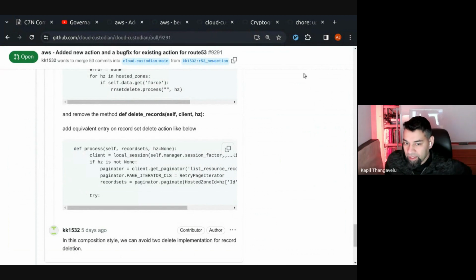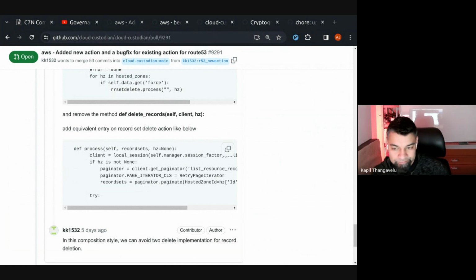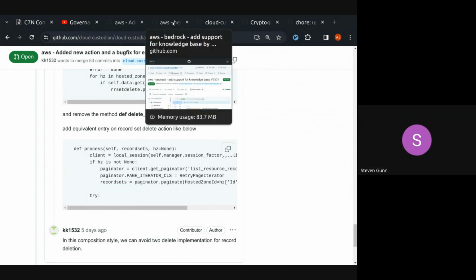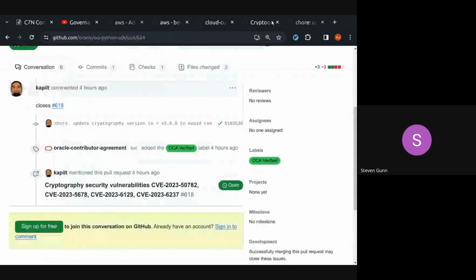I don't know, but we'll see. That's the only blocker right now in the release: trying not to ship with a known CVE issue and cryptography as a dependency. Makes sense, thanks. Hopefully they merge that.